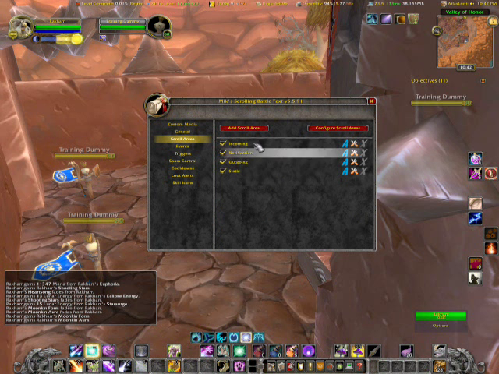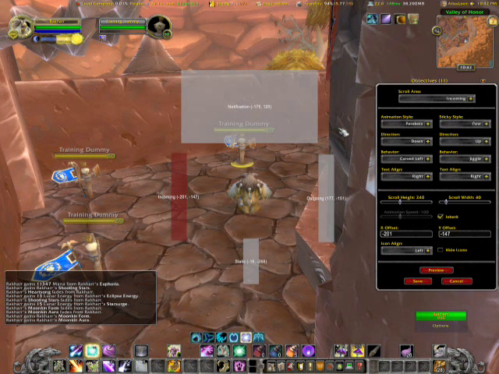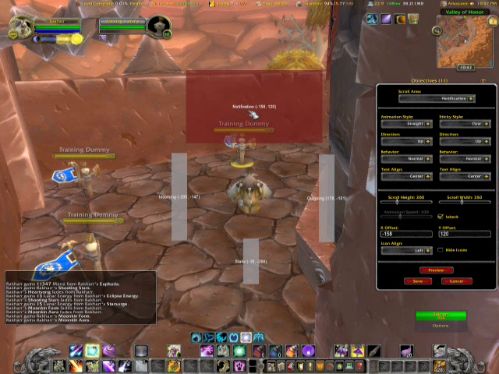Now you have 4 scroll areas: incoming, outgoing, where the two sides, notification, and static. Go into configure scroll areas, and you'll see that there are the 4 areas. These ones on the side, this one's going to be your damage, this one's going to be any damage done to you or heals done to you. Notifications will be when cooldowns are up. Static would be when you loot items. It'll show you how many of that item you have in your bags,